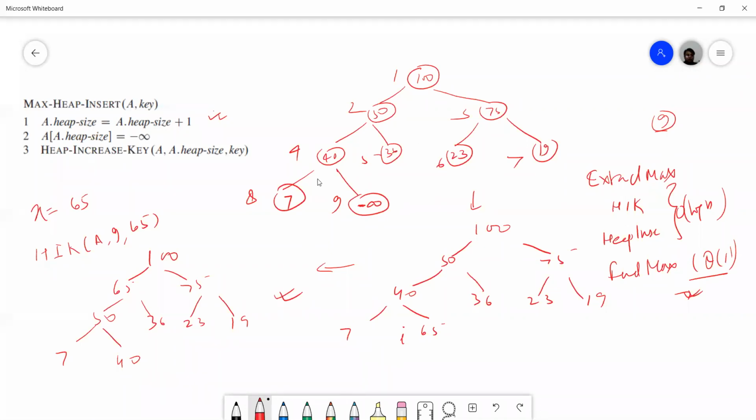So your first unit has been completed. We'll start with the second unit in detail tomorrow, but I will give you an overview of what we are having in the second unit.